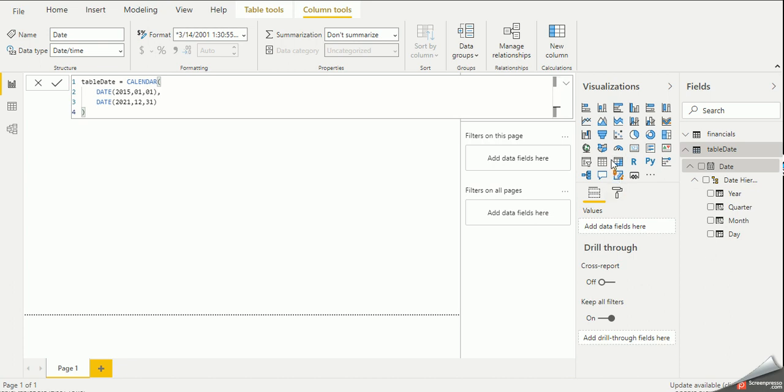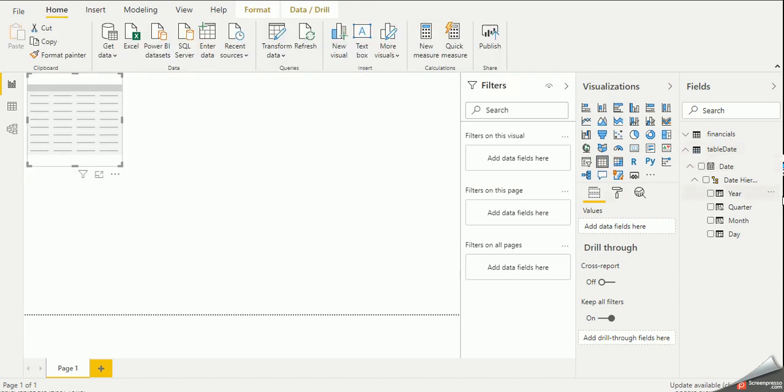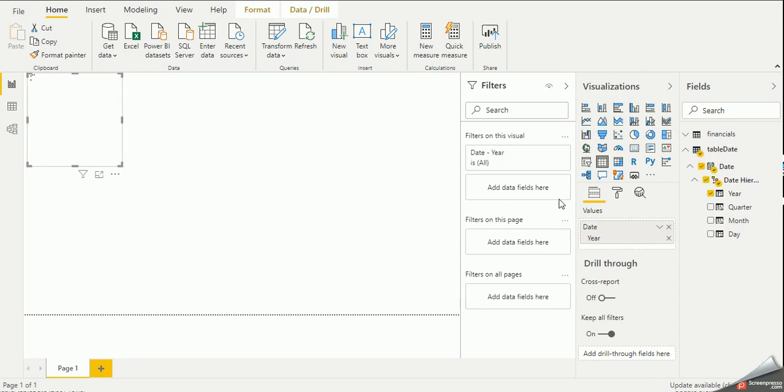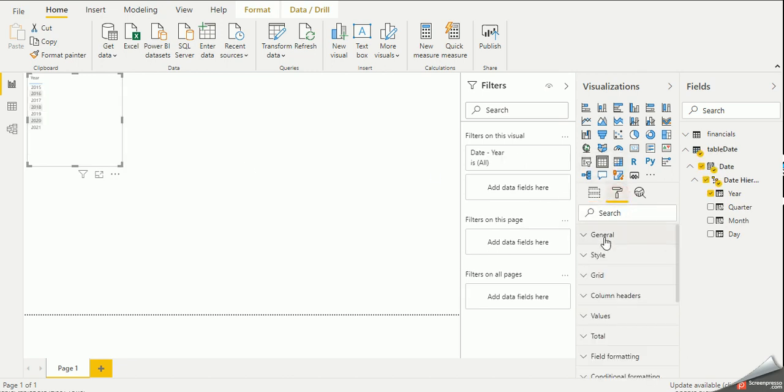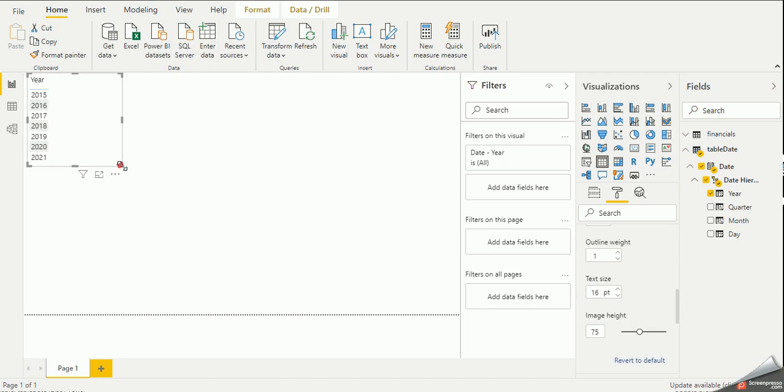So if I bring quarter and year over here and make the text size bigger, you can see that from 2015 to 2021 all the years are available in that.